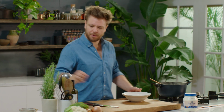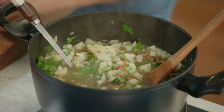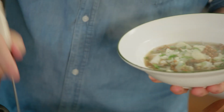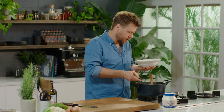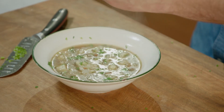Nice bowl to plate up with. And you want to make sure you get a little bit of everything in your bowl. Lentils, cauliflower, the broth, and then loads of that parsley just to add that nice freshness. Going to finish it off with a couple of things. A few extra twists of black pepper,